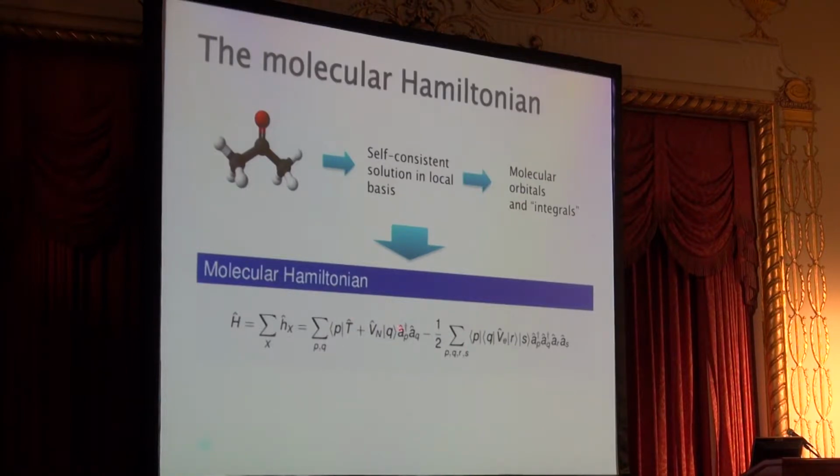one electron terms that actually are just hopping between these different orbitals due to one electron kinetic energy and potential energy. And then these two electron scattering events, right? And this gives you a Hamiltonian that has n squared terms for these one electron terms, and then n to the 4 terms for these two electron terms, okay?